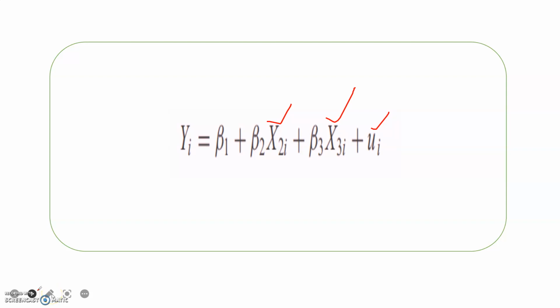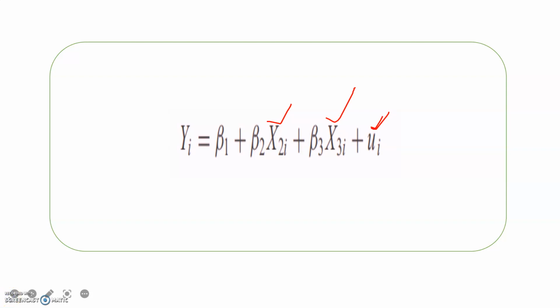The fourth assumption is homoscedasticity, or constant variance of ui, which simply means that the variance of ui is a fixed quantity, which is sigma square. The fifth assumption is no autocorrelation or serial correlation between the disturbances. So if there are two disturbance terms, ui and uj, then there has to be zero correlation between these two,